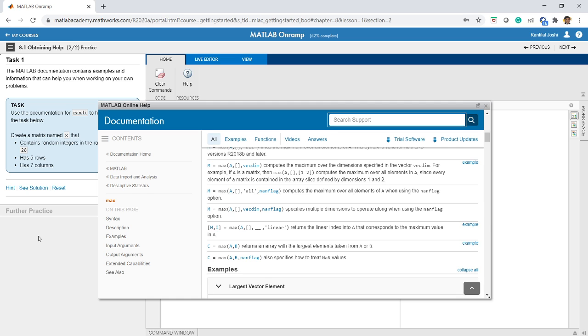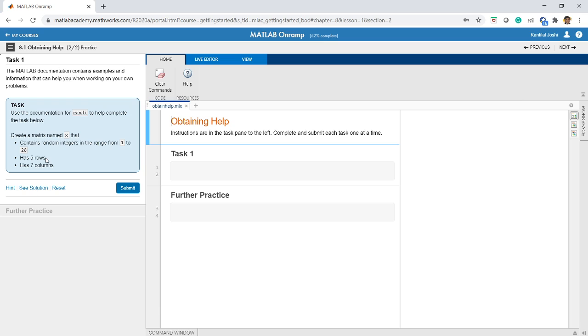Now let us do the task which is given here. In this task, we have to create a matrix X that contains random integers in the range from 1 to 20, and it should have 5 rows and 7 columns. We are asked to use the documentation for the function randi. So how do I do this? I'll simply go to help, type randi, and check which functions are available.